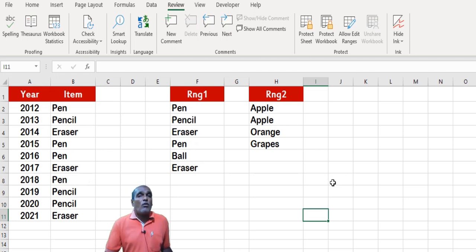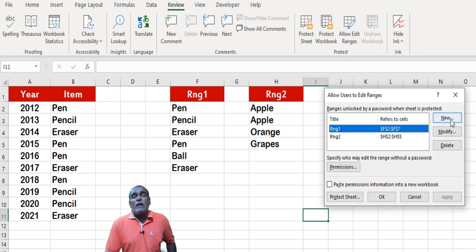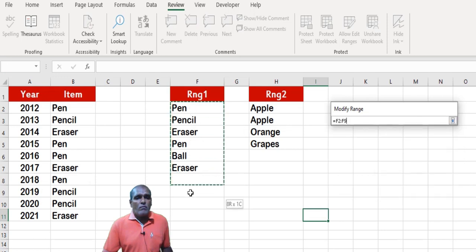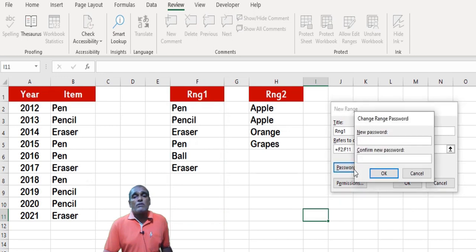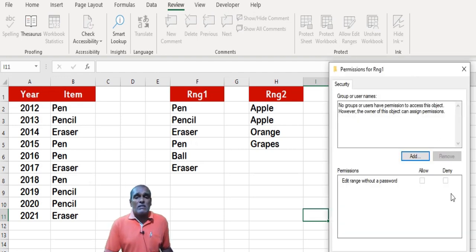Next, let us see how to modify the password and how to modify the defined ranges. Click on the allow edit ranges option. Under New, here we can find one more button, which is named Modify. Here we can increase or decrease the range based on our requirement. If you want to modify the password, click on password. Here I am providing a new password. Click on OK. Even though we can modify the permissions,